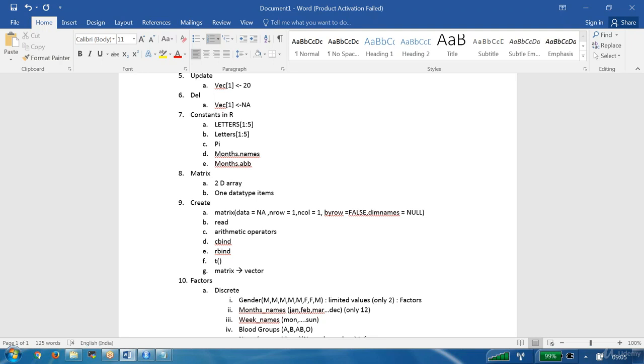But the system has no idea about this common sense, right? Gender means the string data type. You have the common sense that gender means male and female only are possible. You know that one. The system doesn't know, right? The reason is the system by default thinks each string value is a factor. We have the option to set, if it is not a factor, how to set it as a normal string. We'll see that part. But by default, any string the system will treat as a factor.